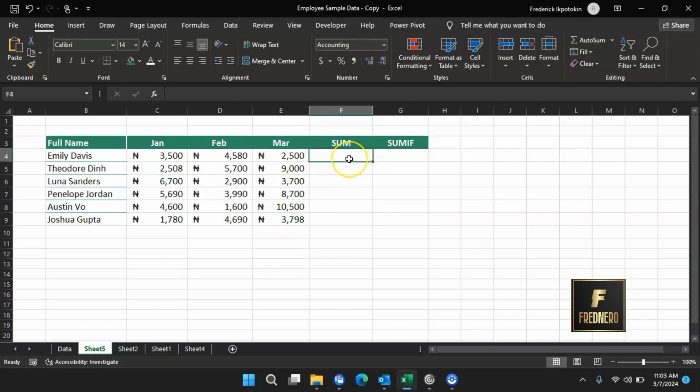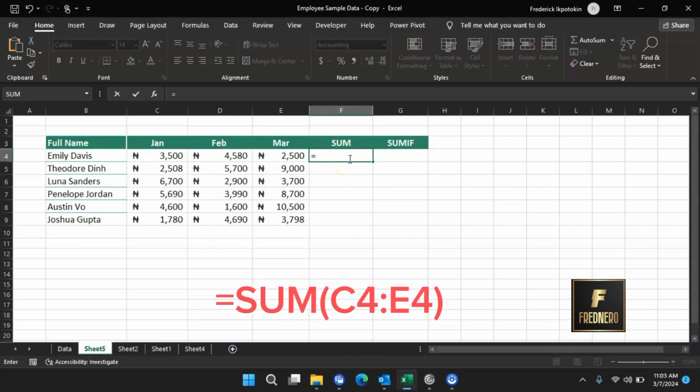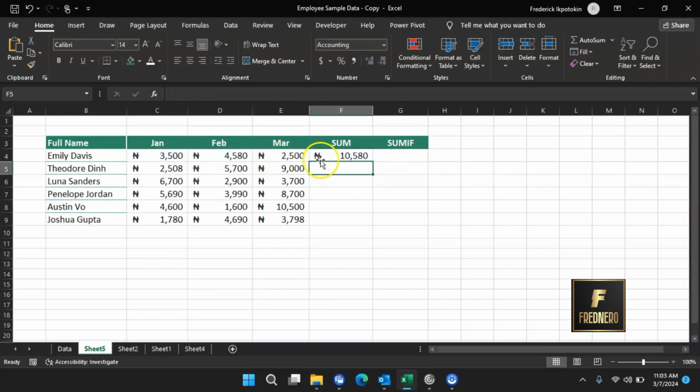So how do I do that? Click your equal to sign, type SUM, click and drag, and close your bracket. Click your enter key. Now you can click on this to drag it to the end, or you do it